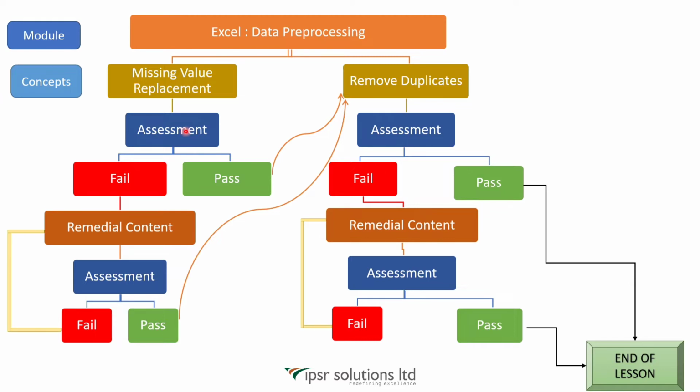Now here comes the adaptive path. If the student answers correctly, they can go automatically along this path to the next concept, that is remove duplicates. If they do not answer correctly, that is if they fail the assessment, it means that they did not understand the concept and they will be given a remedial content. After they finish the remedial content, they can again attempt a different assessment, and once they answer those questions correctly,